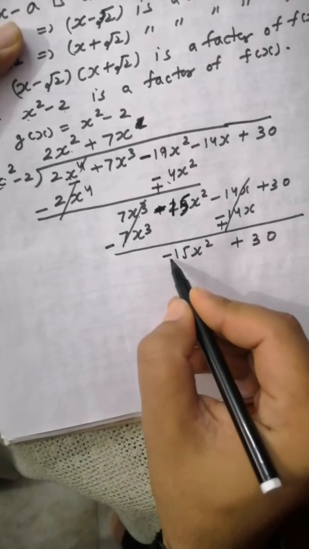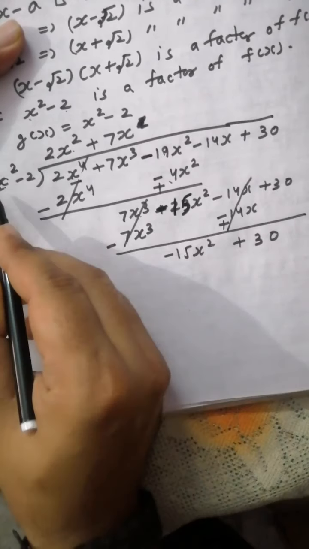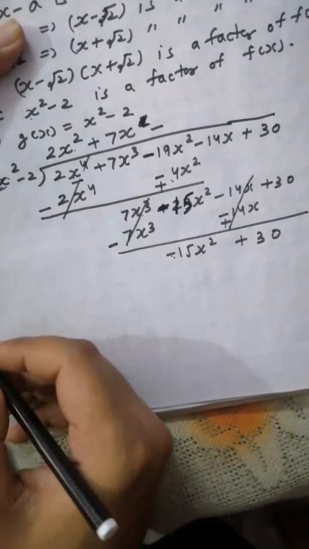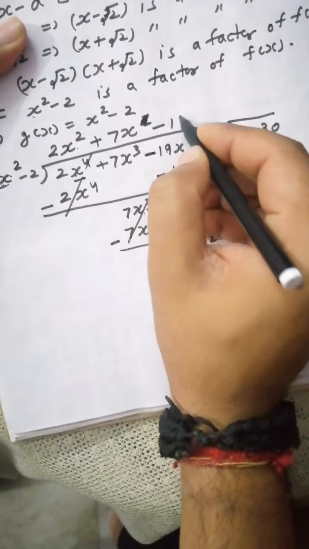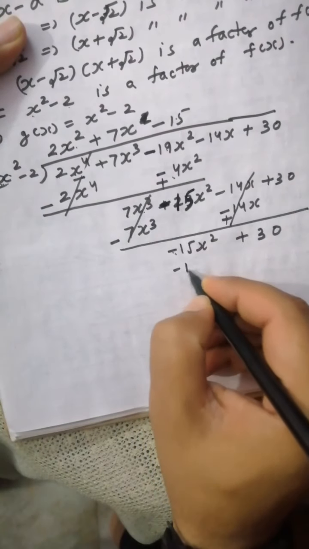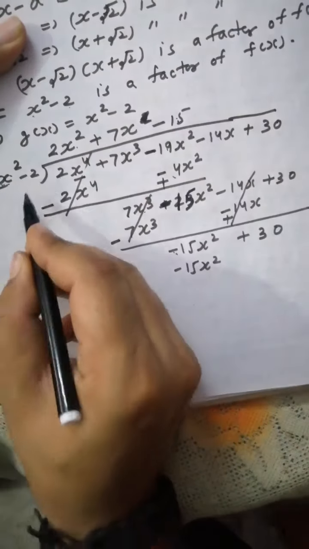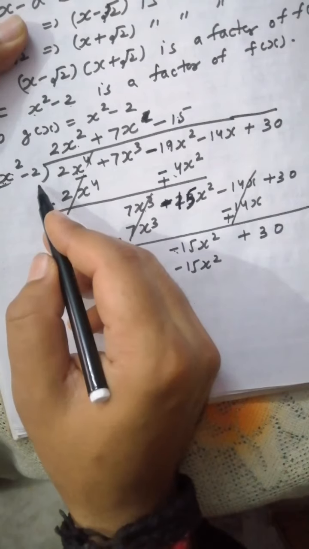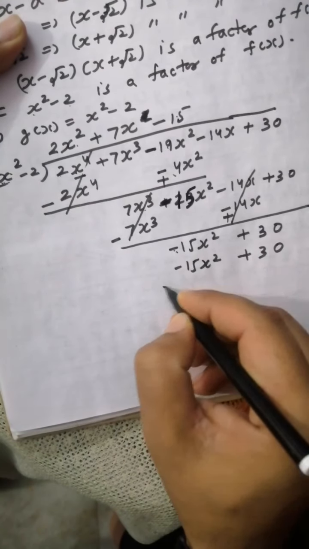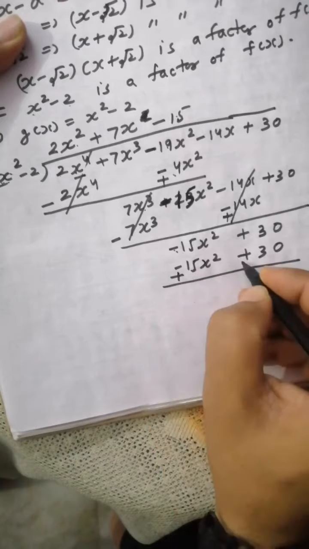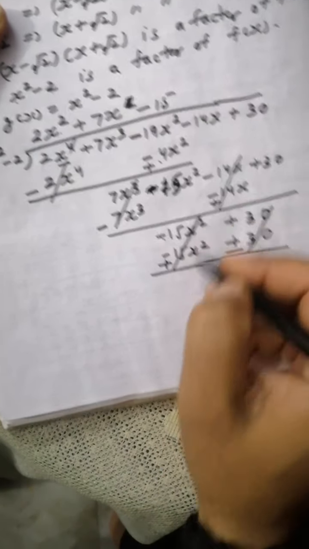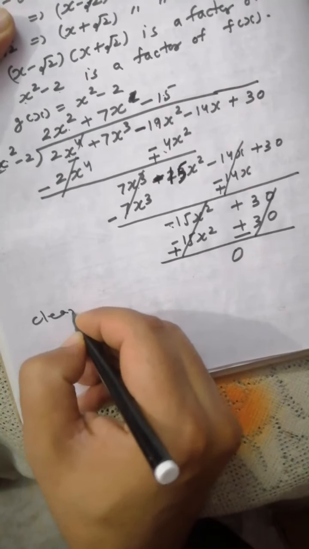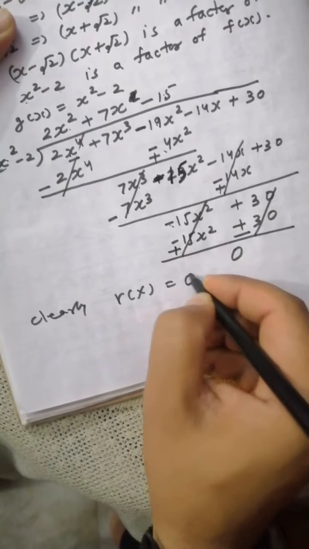Now again you can see it is minus 15x square, it is also x square, and it is negative, but the divisor term is positive, so we have to put here negative. Now it is 15, so multiply by 15. So 15 multiplied by 1, 15x square, minus 15x square, minus 15 multiplied by minus 2, it is plus 30. Now again this is plus and it is minus. So this cancels by this. Only we will get 0. So here you can check the remainder clearly. Remainder equals 0. Hence you did right.